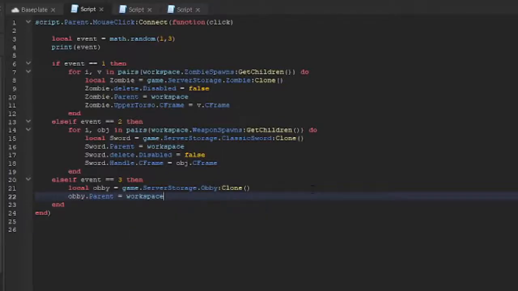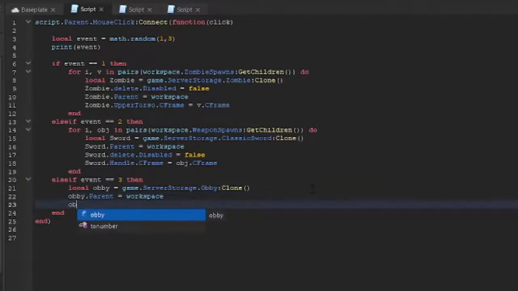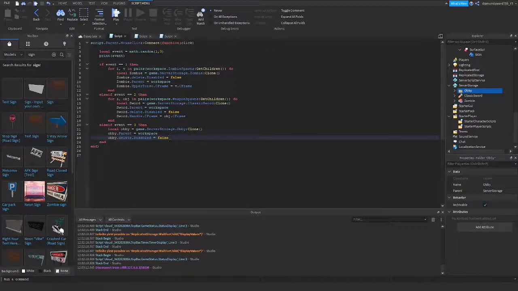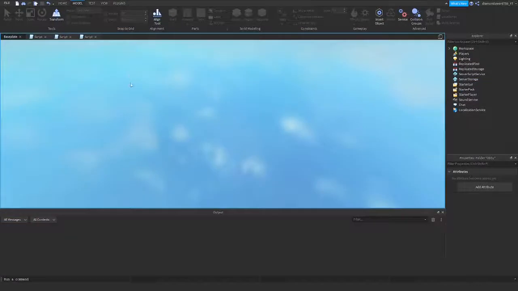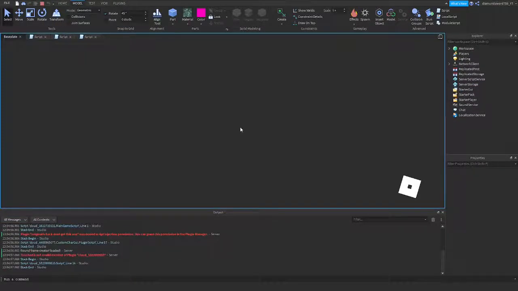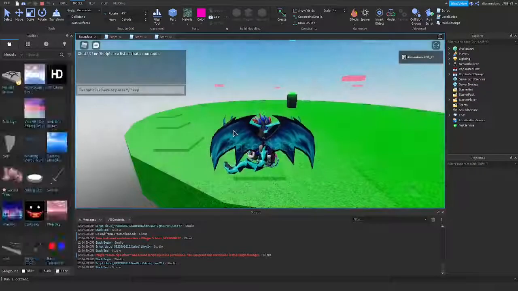And then you can also do obby.delete.Disabled is equal to false. And yeah, there we go. That should work. And we're not done with the script yet because we still need to make it so that way